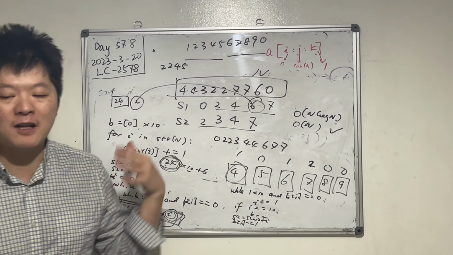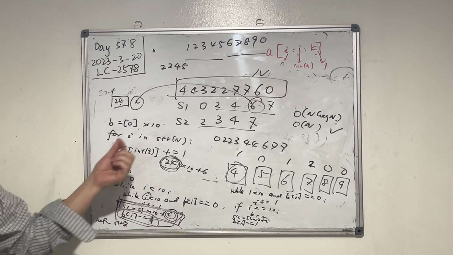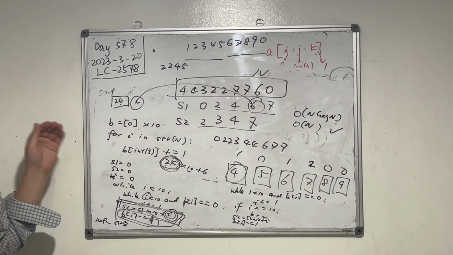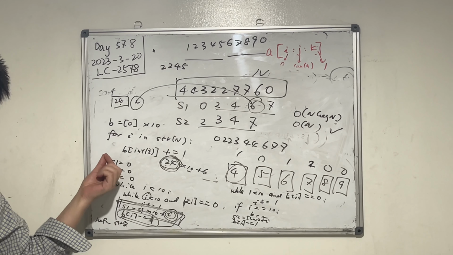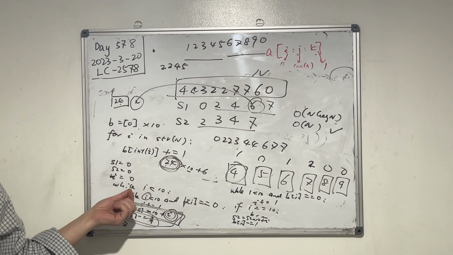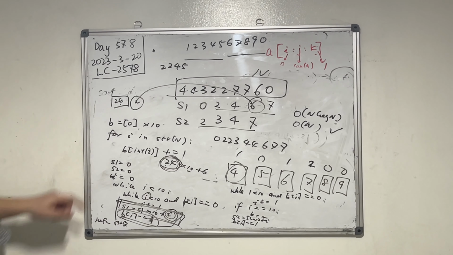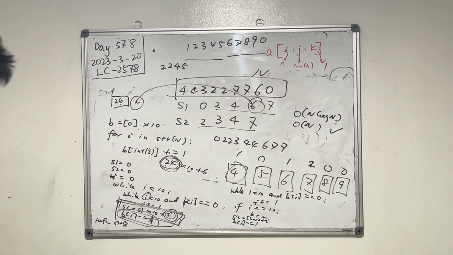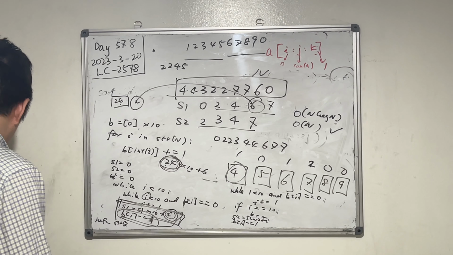Once we have 10 buckets of counters, meaning how many digits for each bucket, we can go through from left to right, because the leftmost bucket is 0, then 1, 2, 3, 4, up to 9. So we're picking these numbers from the smallest to the biggest. Today we're going to solve this problem using this